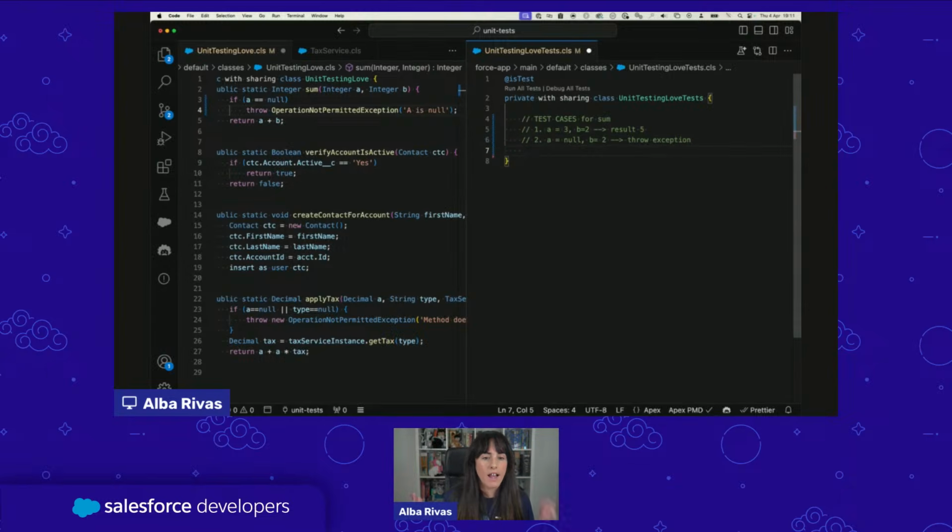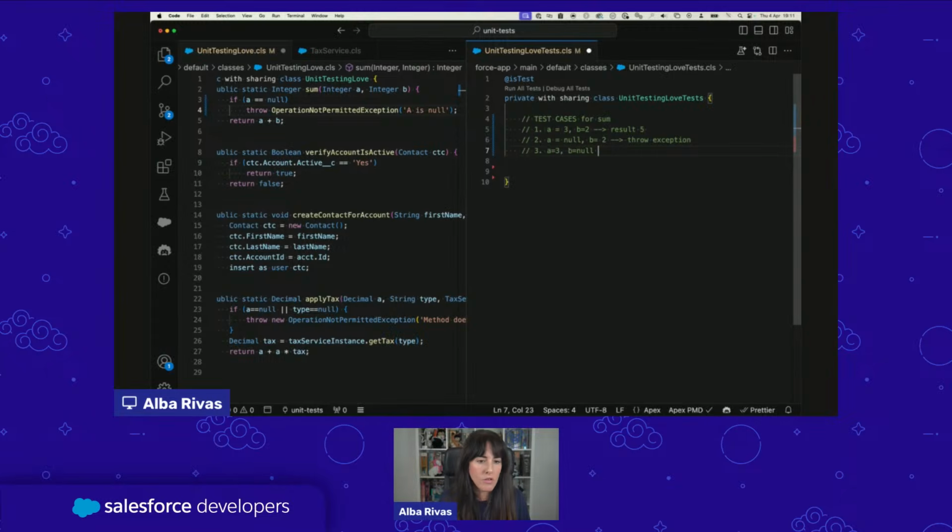But there's something else. You saw that? This is Einstein for Developers, new code completion. Let me see if it does it again. It's inline code completion capabilities that Einstein for Developers is giving to me. I pressed enter very quickly and you didn't see that, but the line was exactly what I was about to write right now. Okay, so I'm going to write another use case in which A equals 3, for instance,